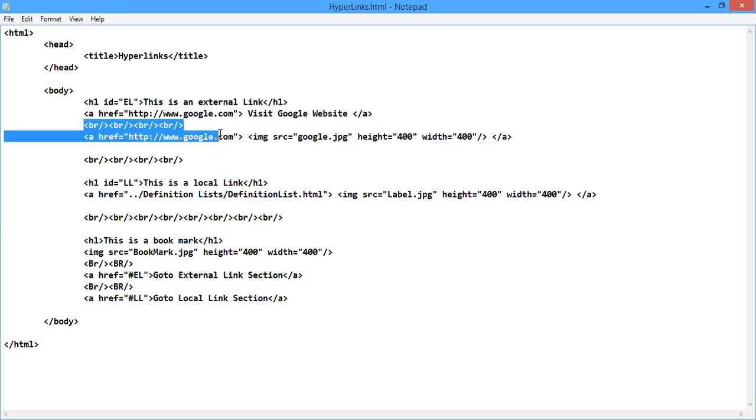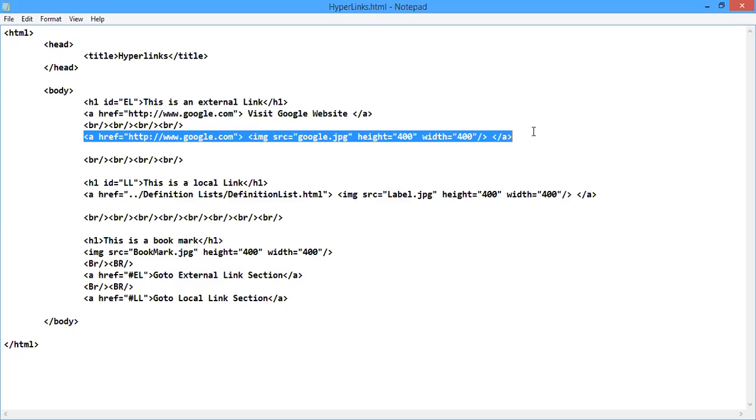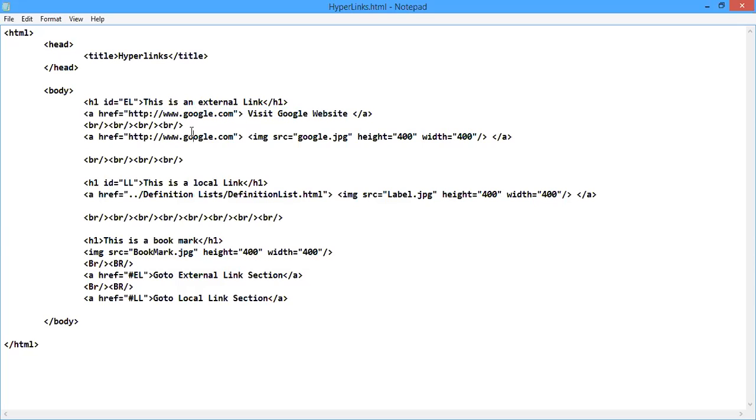Then these BR tags are used as line breaks in order to keep some space. That is not a must. You only need to refer to this line. In this line, I'm inserting another hyperlink to the same location, the Google website, but instead of some text, I'm using an image.